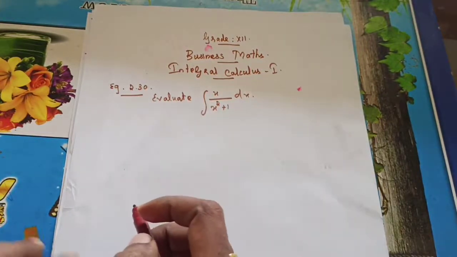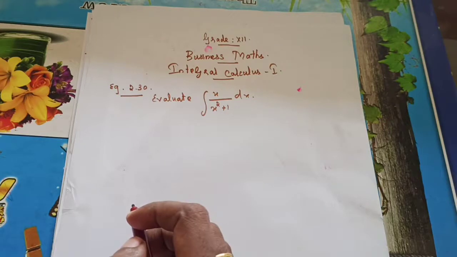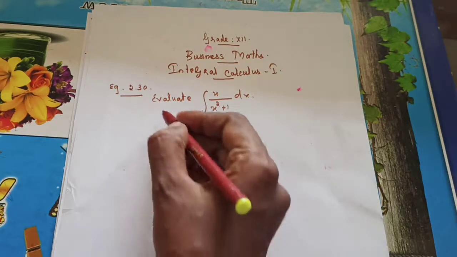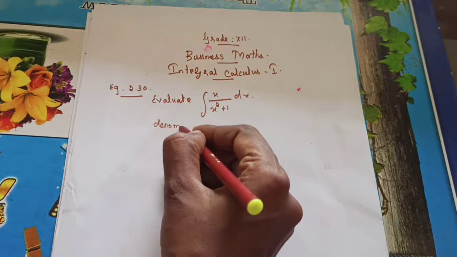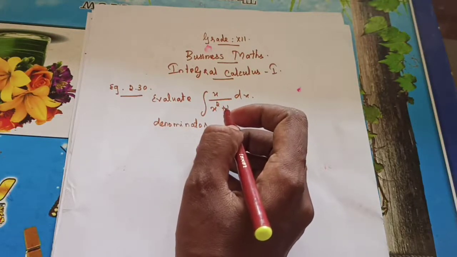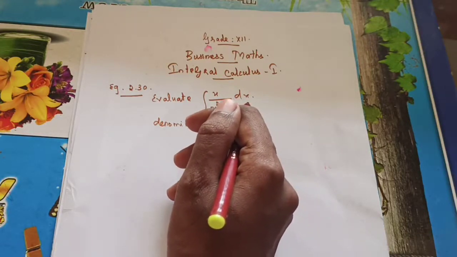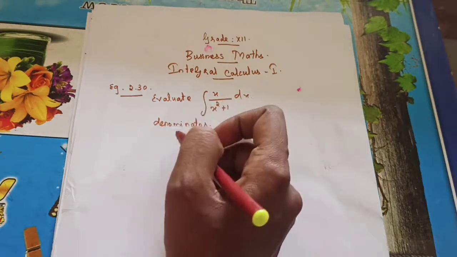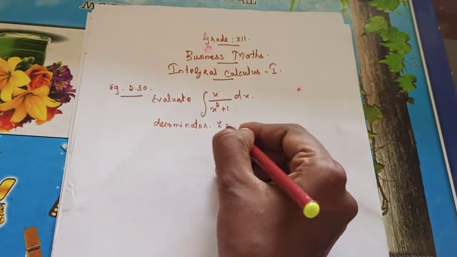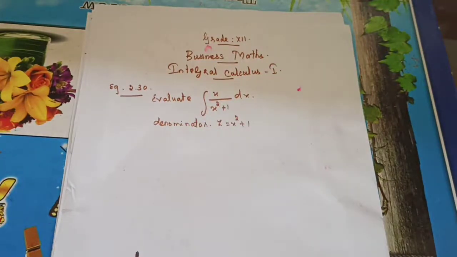We can't integrate directly. For that we can take f of x or f dash of x the same as in your book, but I am following by z, so that will be very easy. The denominator I am going to consider as z. What's the method type? First itself I said integration by substitution. Substitution means we will integrate by using substitution. Here I substituted z in the place of the denominator value x square plus 1. Understand? So this is integration by substitution, or change of variable.